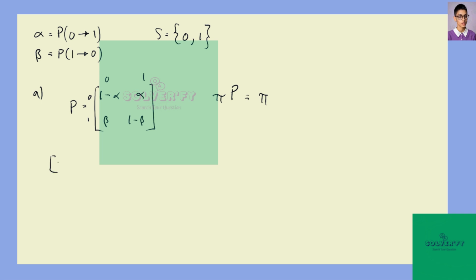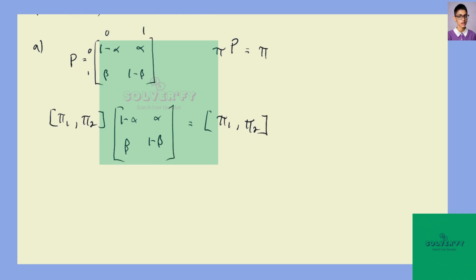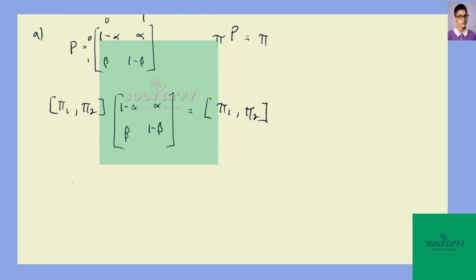So we can say that pi 1, pi sub 2, times the transition matrix, the product of these two matrices is equal to pi sub 1, pi sub 2. And so this gives us some linear equations. We have